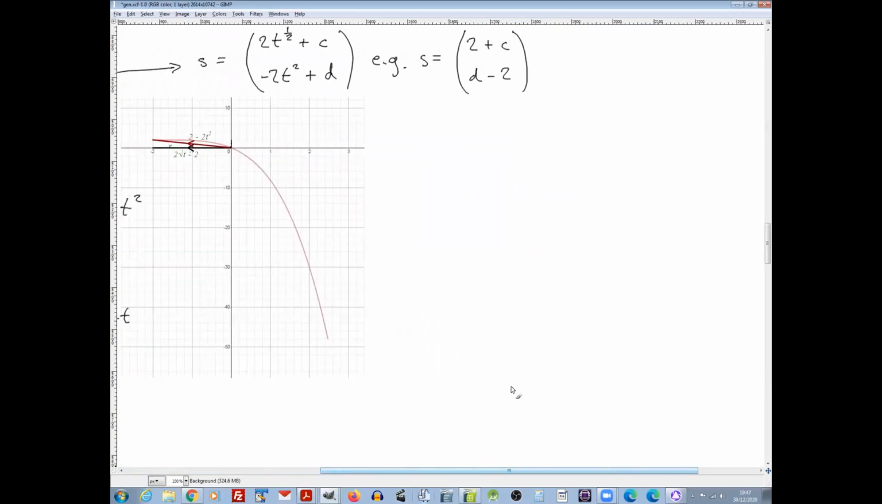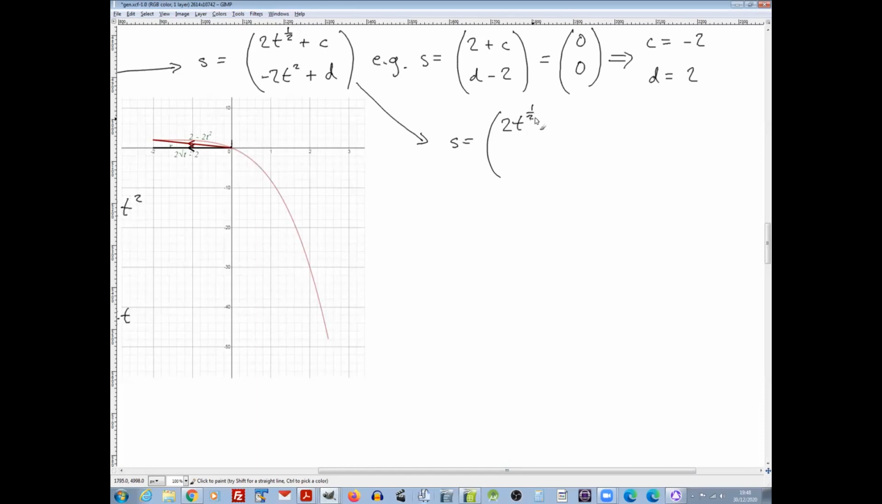Well, so A is the origin. So if that's the origin, that means that C is, what do you reckon? C is 2. Oh, no. Minus 2. Minus 2, good. And D is? 2. Yeah. So in actual fact, the full statement of the displacement function is S equals